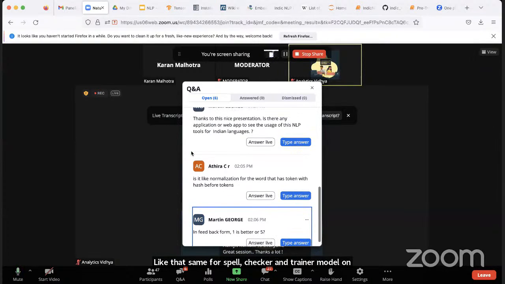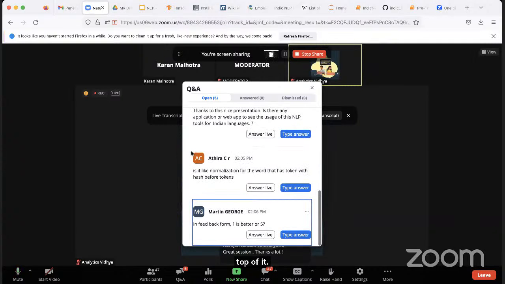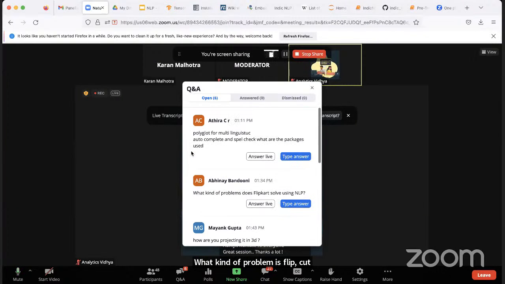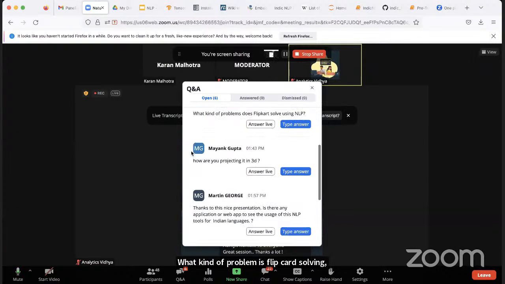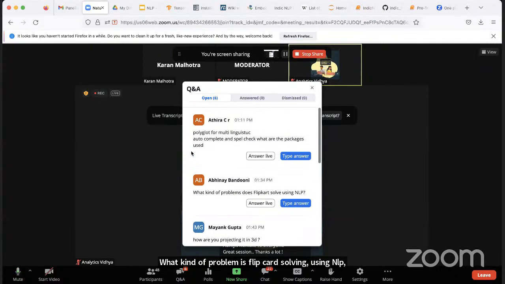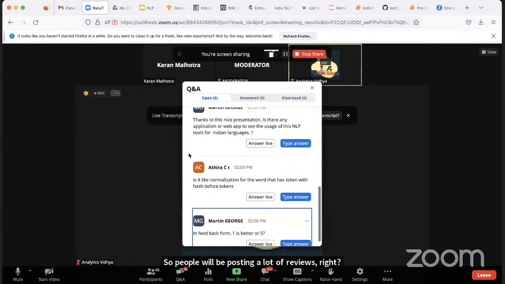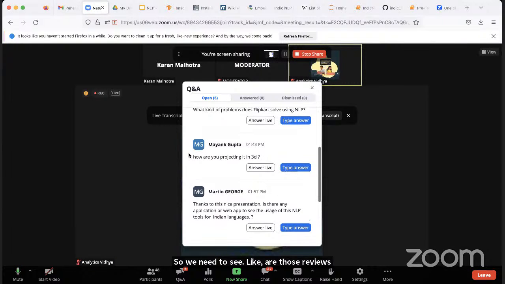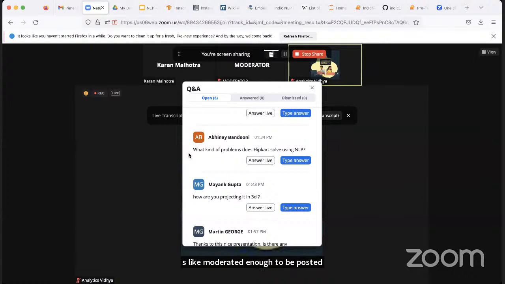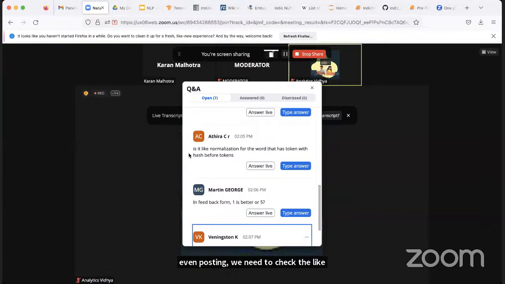What kind of problem is Flipkart solving using NLP? So for NLP, there are a lot of problems in Flipkart. It's an e-commerce platform, right? So people will be posting a lot of reviews. We need to check whether those reviews are moderated enough to be posted or not. Before even posting, we need to check that there is no unnecessary or spoofy language used or something like